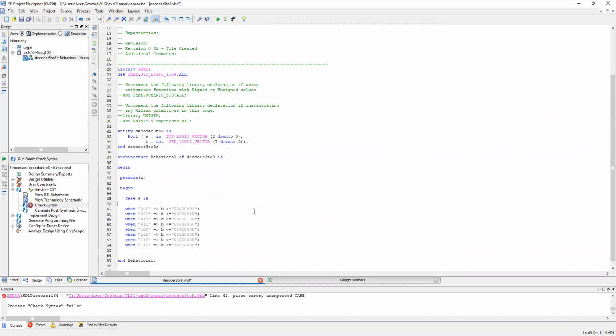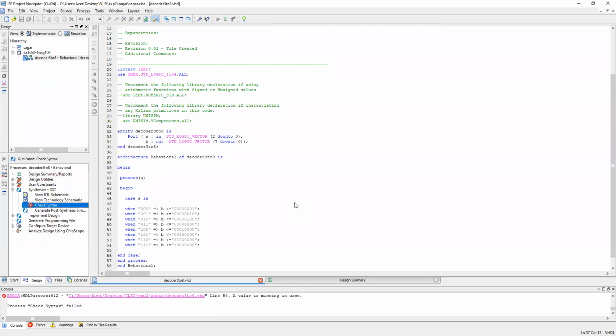Now, as I have started the case, first of all, I have to end the case. I have started the process, I have to end the process also. Now let's check if it gets executed or not. Save. Then check syntax.